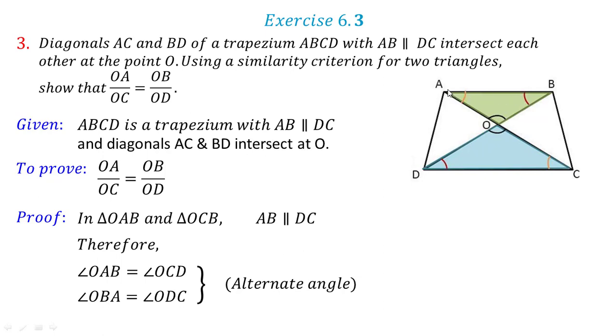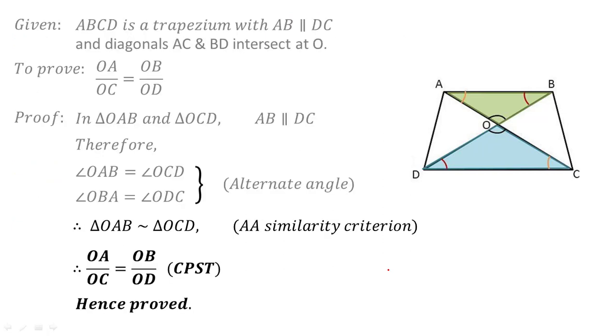Now in these two triangles, as AB side is parallel to DC side, I can say that angle B and angle D are equal because they are alternate angles, and angle A and angle C are equal, again the same rule, alternate angles. Also angle AOB and COD we can say are equal, but if I can prove by AA criteria they are similar, why go for AAA? So we can say that triangle OAB and OCD are similar by AA criteria.